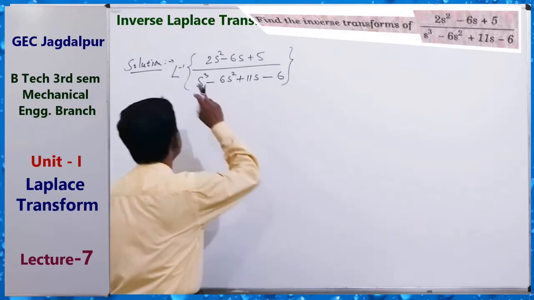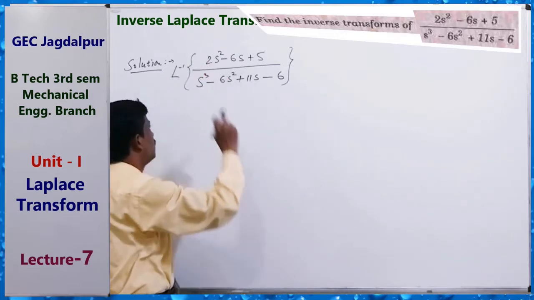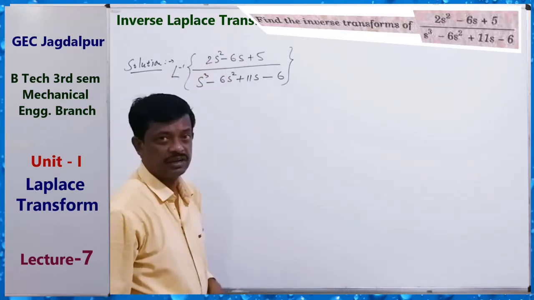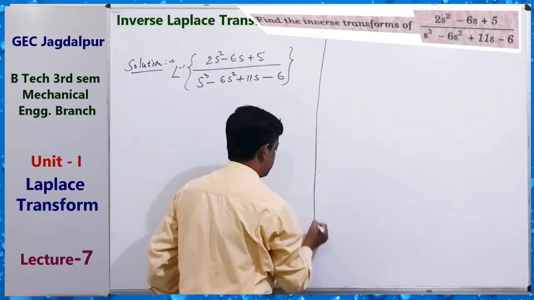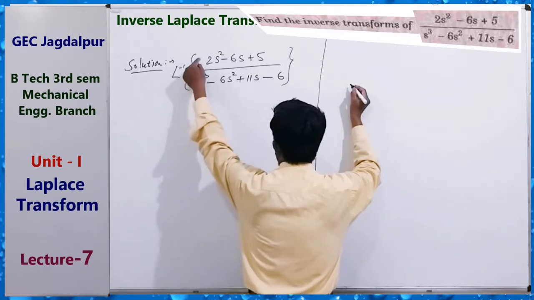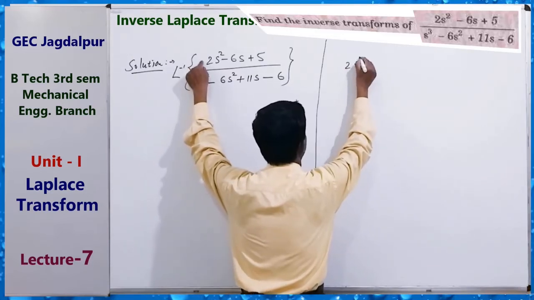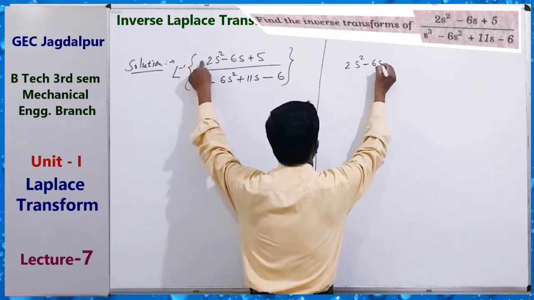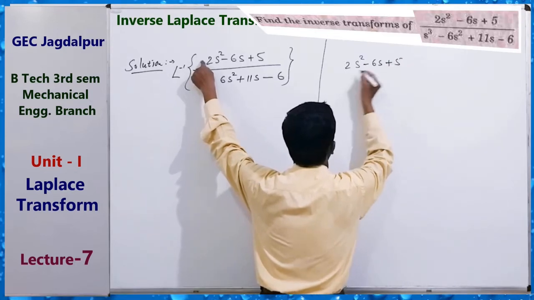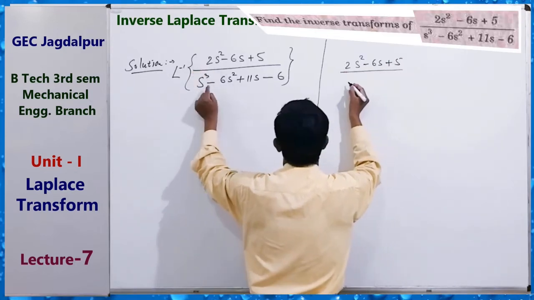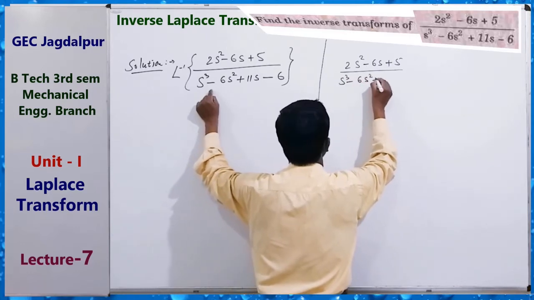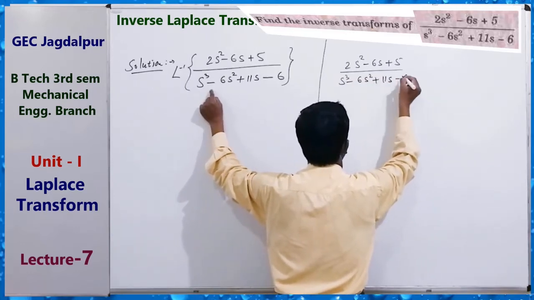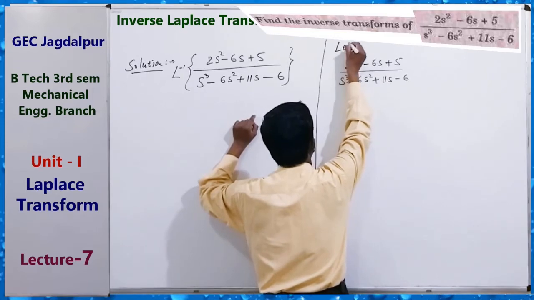So for the partial fraction, we write 2s square minus 6s plus 5 upon s cube minus 6s square plus 11s minus 6 equals